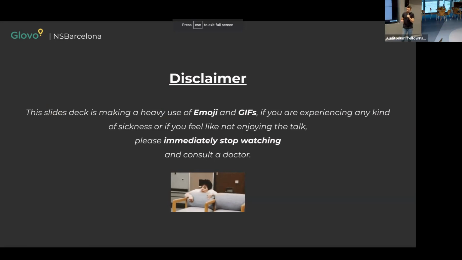But before we start, people in Glovo got to know me, but a quick disclaimer. I tend to use a lot of emoji and GIF. So if you have any sickness about it, or if you feel a little bit off, just stop and consult a doctor. I don't know if we got any doctor here or not, but